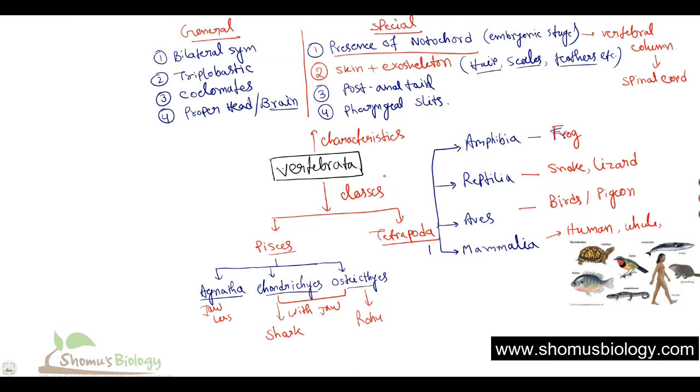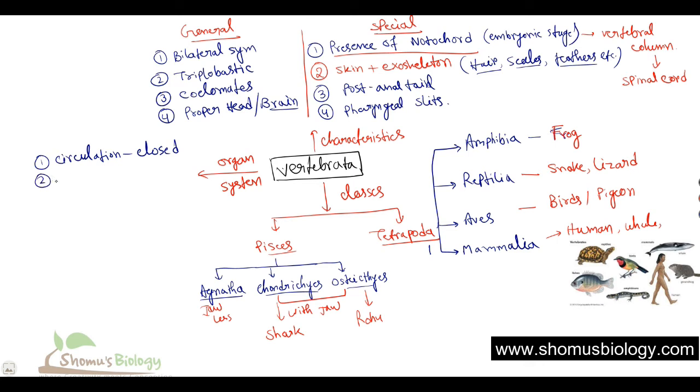Now what are the different organ systems that they have in this case? So let's talk about the organ system, because we always talk about the organ system of vertebrates. First of all, the organs are fully formed here. All the organs are fully formed. The only organ which has differences in structure and morphology is the heart itself, between amphibians, reptiles, aves and mammalia. So first, the circulatory system: it is totally closed circulation.